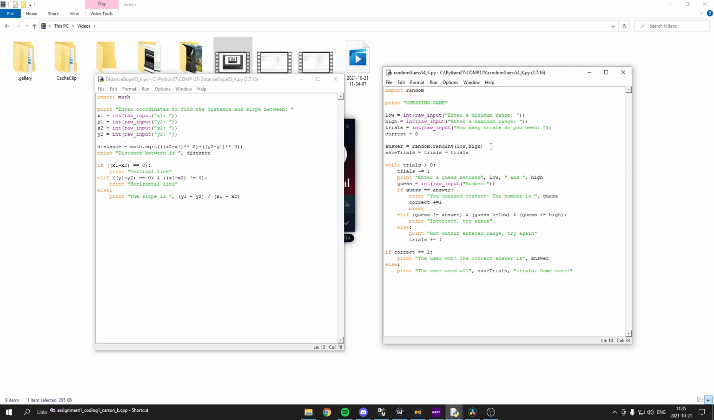And then I have the right answer to the guess created within the low and high value, and then I set save trials and trials equal to trials, which comes from here, just to make sure that at the end I can print out how many trials were used, because when I put trials into this loop, it's going to go down to 0 or however many is left after